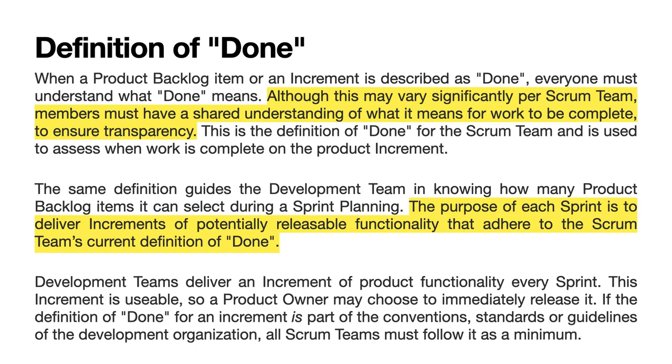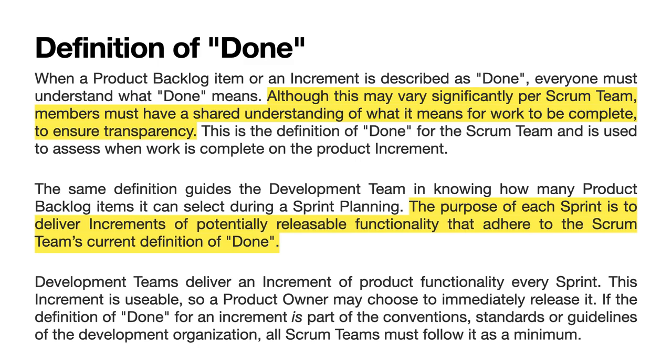Definition of done. When a product backlog item or an increment is described as done, everyone must understand what done means. Although this may vary significantly per Scrum team, members must have a shared understanding of what it means for work to be complete, to ensure transparency. This is the definition of done for the Scrum team and is used to assess when work is complete on the product increment. The same definition guides the development team in knowing how many product backlog items it can select